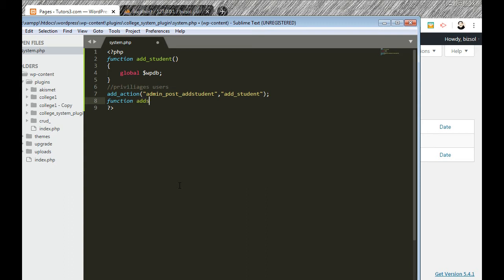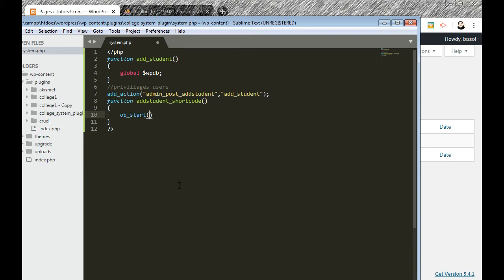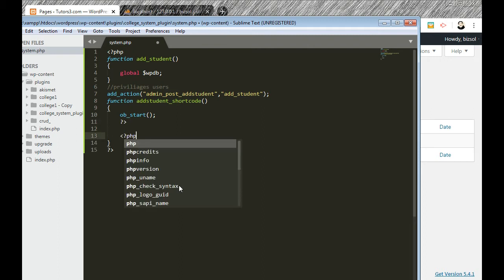So function add student underscore shortcode. Okay, and here we will use a form. Okay, the form will be, first of all we have to use ob start to start the buffering. Okay, we close the PHP tag and we open it again, and we write